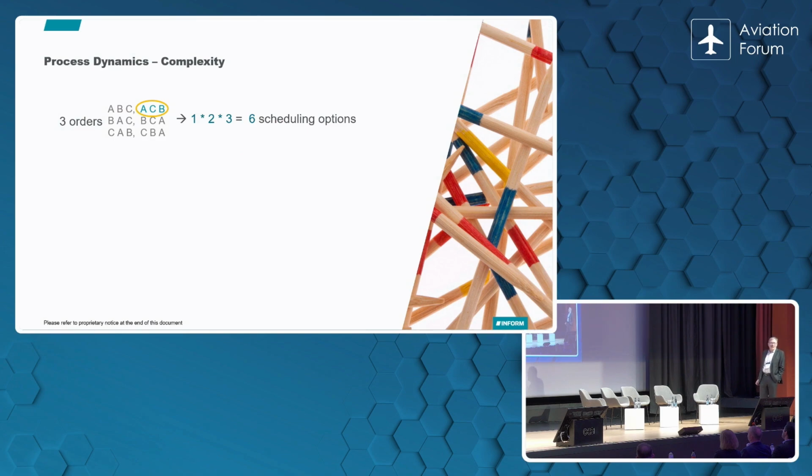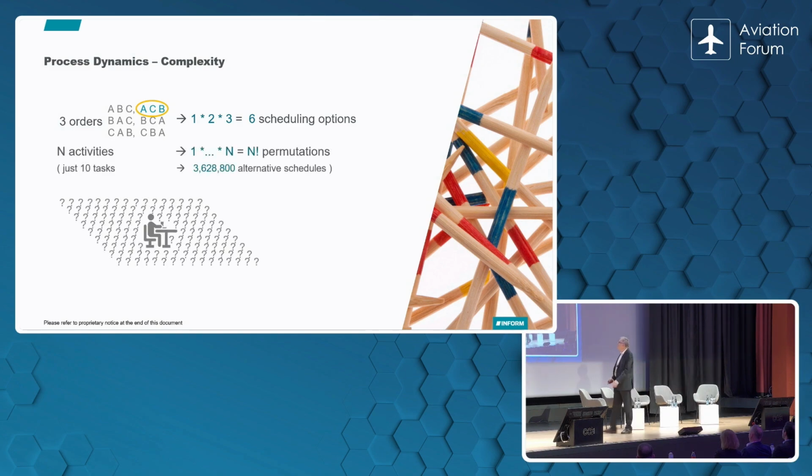However, unfortunately, process dynamics, this is quite complex. The reason being that in the example I used, you see that the winning sequence ACB is just one of 6 possible sequences because I had only 3 objects to look at, 3 orders. But in reality, if we have multiple orders, we have n factorial permutations to schedule those orders across a working environment. And for a human planner, which is also beleaguered by